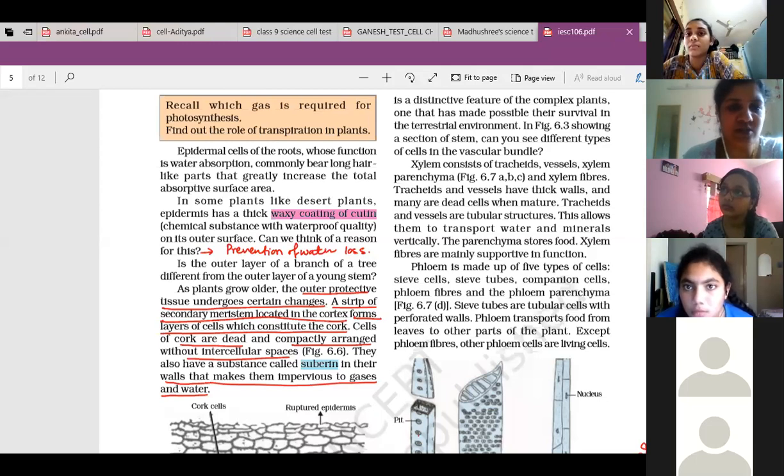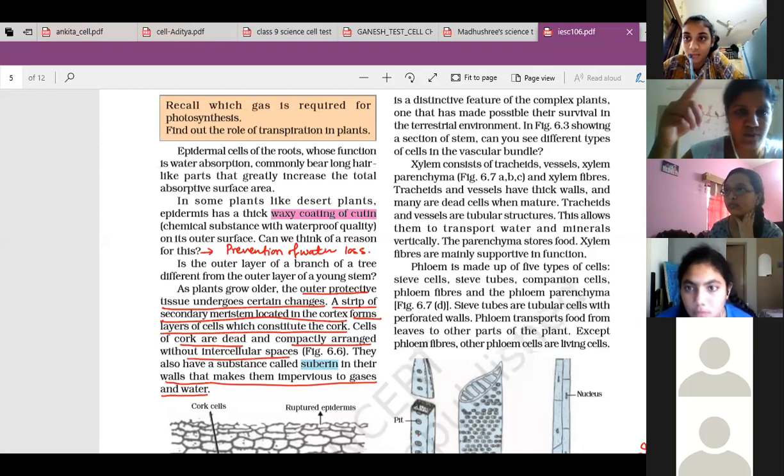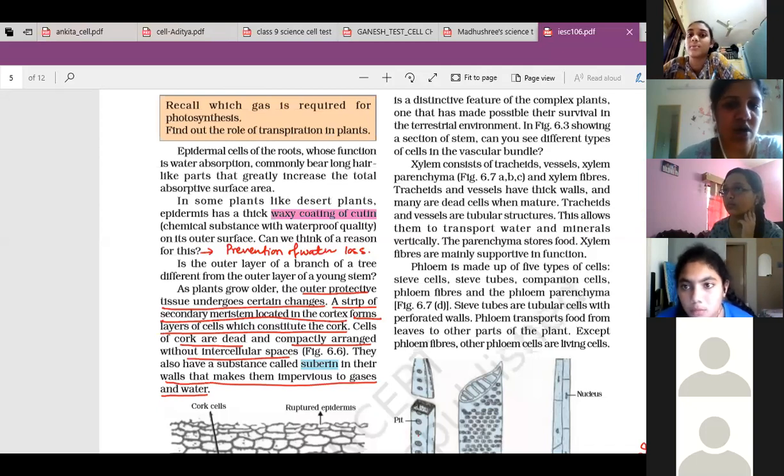Every part of the plant is not preparing food. Only leaves are preparing food. So the food from the leaf now has to be transported to different parts. It should go to the shoot, upwards, and it has to go towards the root also. So this movement of the water soluble food from leaves to different parts of the plant is done with the help of another vessel called phloem.